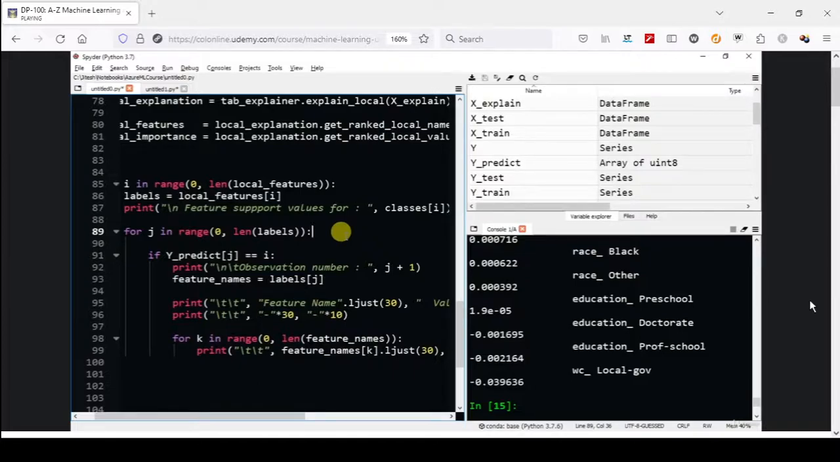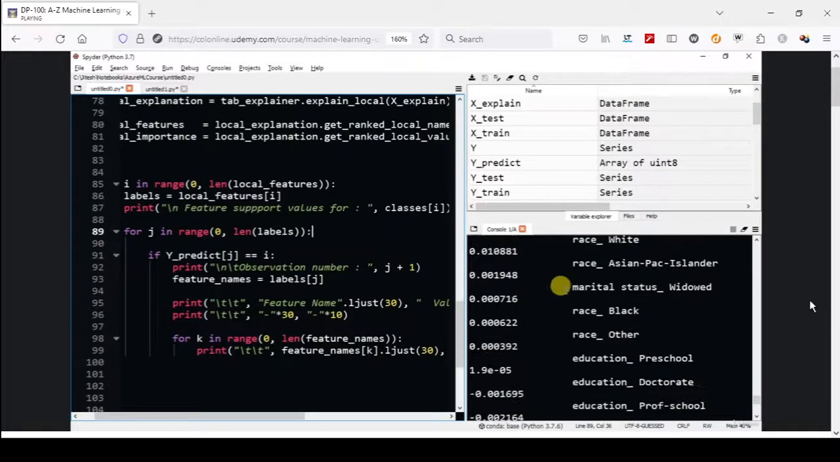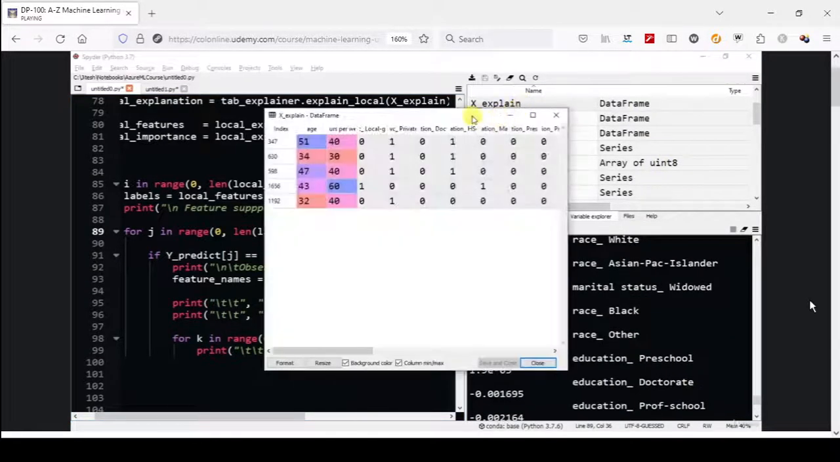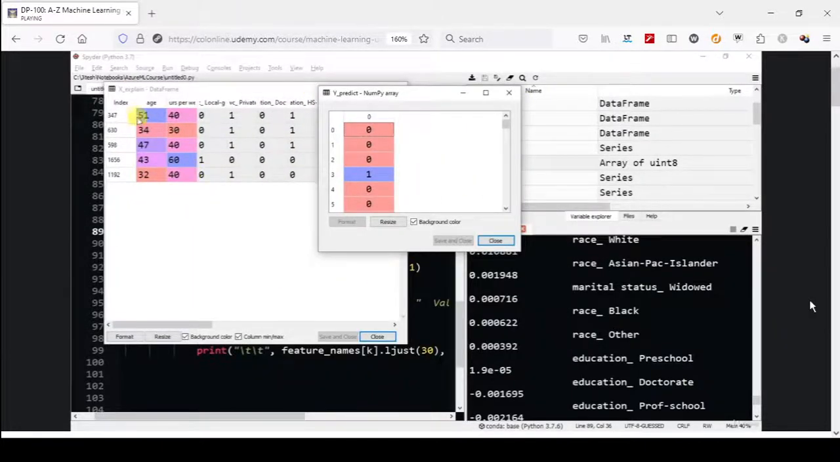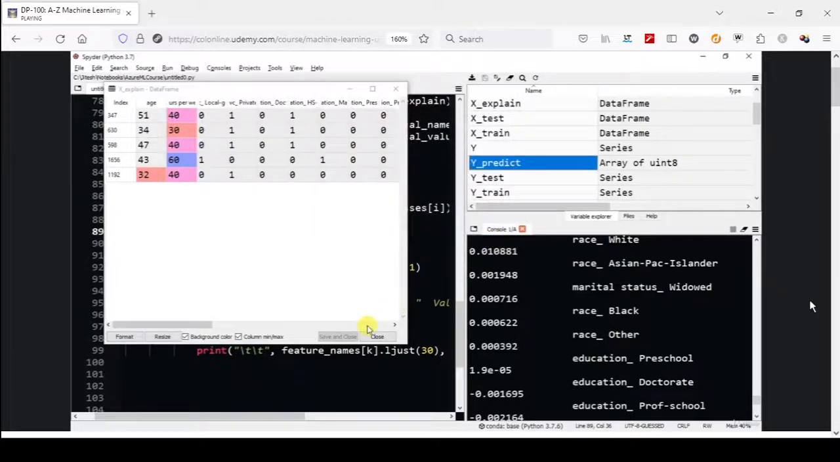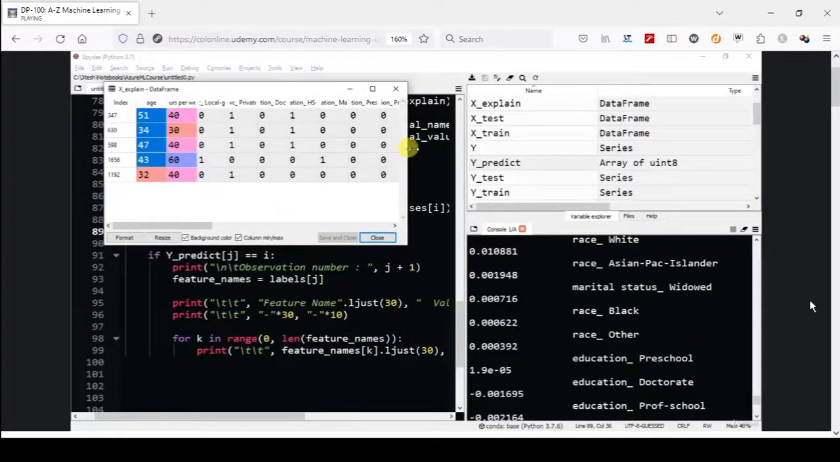Welcome back. Now, before I adjust these frames and show you the output, let me open the x_explain and y_predict. Out of these first 5 records, only the 4th one has been predicted to have income greater than 50k, while the first 3 and this 5th one have income less than 50k. Okay, let me close the y_predict only because we will need the x_explain when we do the analysis of the